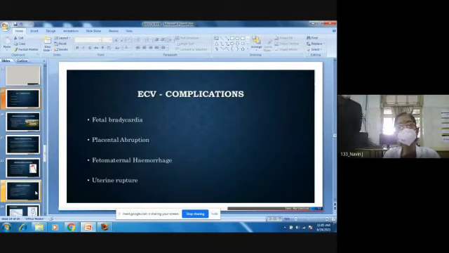Okay, so when you're doing an external cephalic version, the baby can go in for distress. So that's why I said you have to keep doing the fetal cardiotocogram. After the procedure is completed also, you do another NST or a CTG to confirm that the baby's condition is okay. Sometimes you can cause an abruptio of the placenta when you're doing this procedure. You can have a fetal-maternal hemorrhage, especially in an Rh negative mother. That's why you should be giving an anti-D. You can cause rupture of membranes or even sometimes uterine rupture, especially in a scarred uterus like a previous cesarean. That's why when you do ECV, you should not be doing it on a scarred uterus.